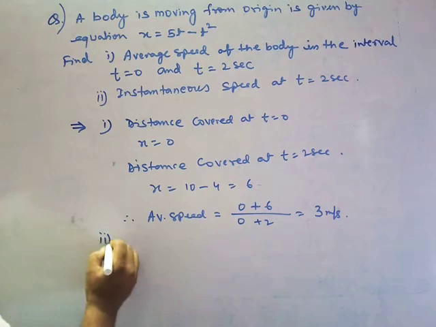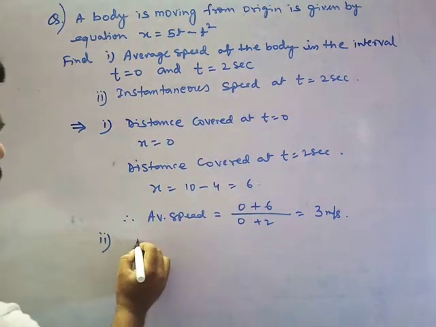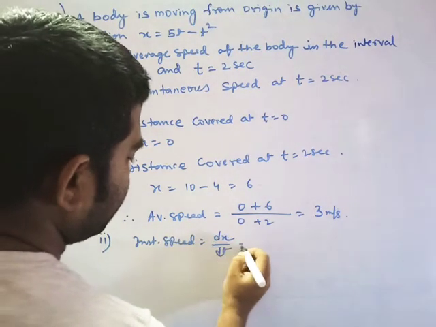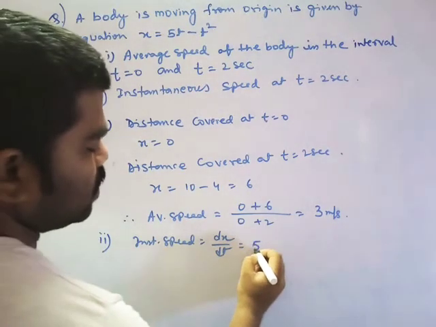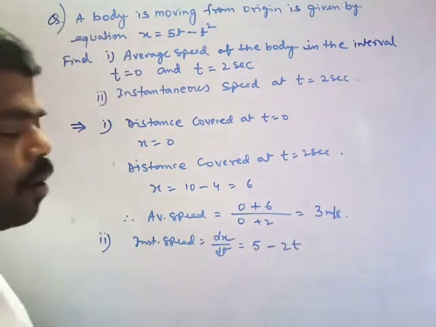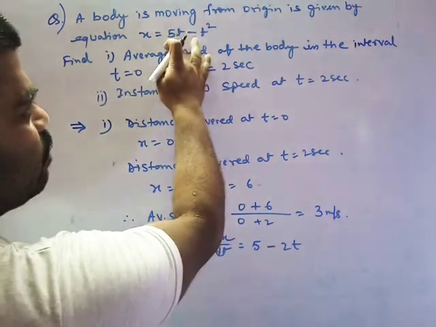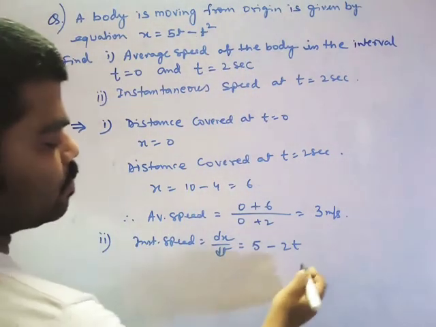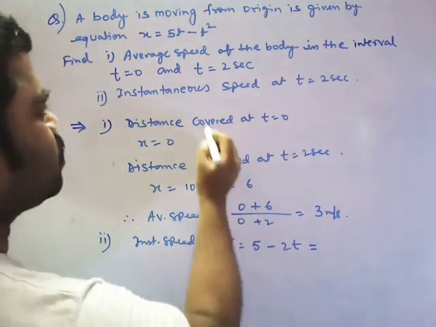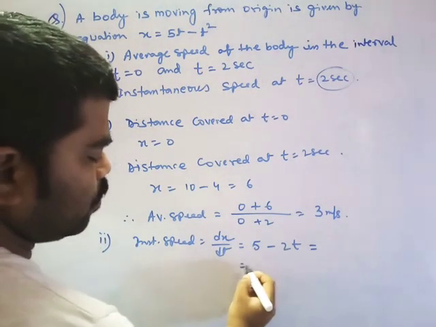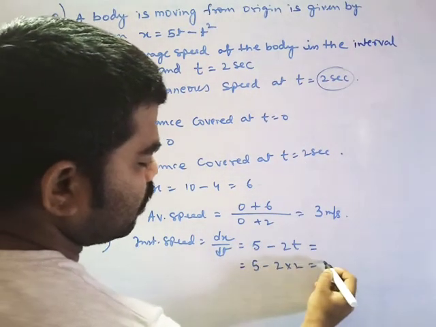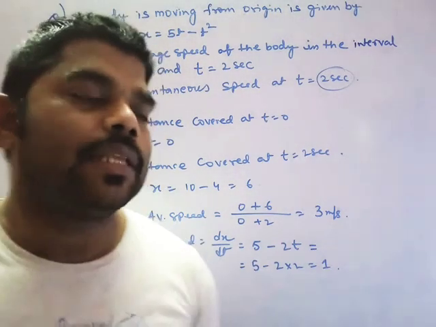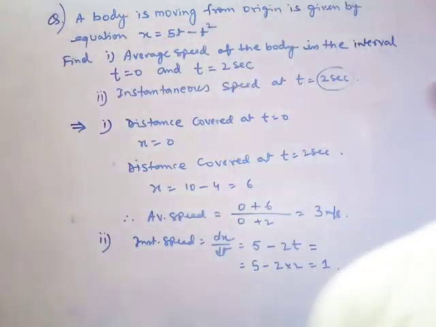And in number 2, instantaneous. For instantaneous speed, whenever we find it, we use dx by dt. So differentiation of this: 5 ones are 5 minus 2t. You know how to differentiate. Clear? ये 5 t का 1 पावर है, 1 minus 1 is 0, that means ये खत्म हो जाएगा तुम्हारा, 2t आ जाएगा इसमें, right? But they have asked at 2 seconds. So put 5 minus 2 into 2, that means 5 minus 4 is 1. So I will say it is 1. This way we can find instantaneous speed also. Is it clear? Thank you.